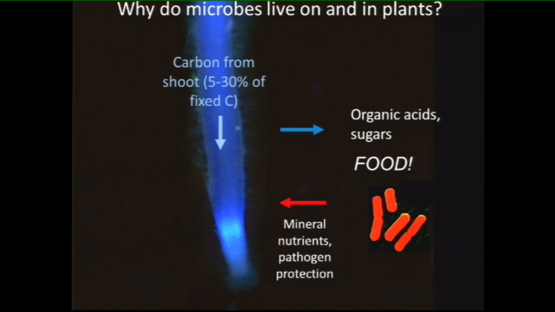It goes away. But the plant doesn't really just lose it. It has specific functions. Quite a lot of it is exuded as sugars or organic acids, which are great food for bacteria. In return, the microbes that eat that food serve a lot of biological functions that help the plant. For example, in mineralization of nutrients, provision of nutrients, sometimes pathogen protection. Some microbes, of course, have taken advantage of this as well and harm the plant.